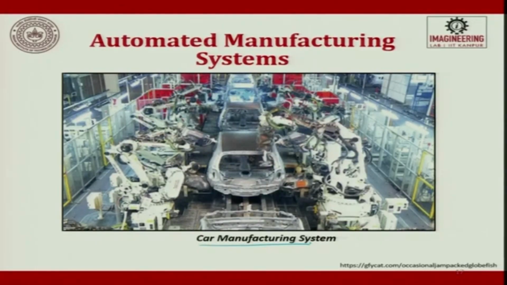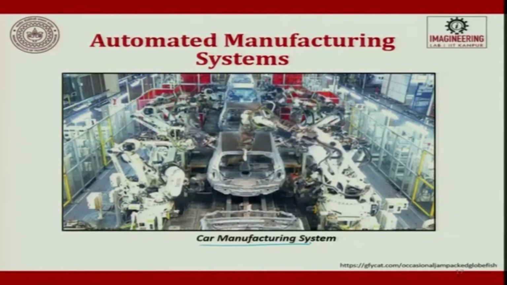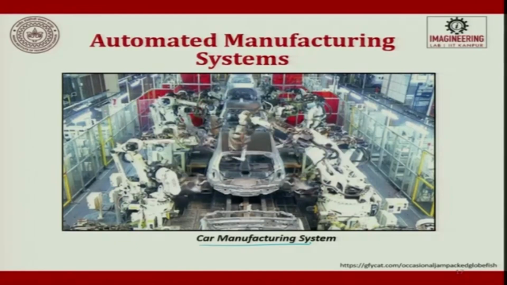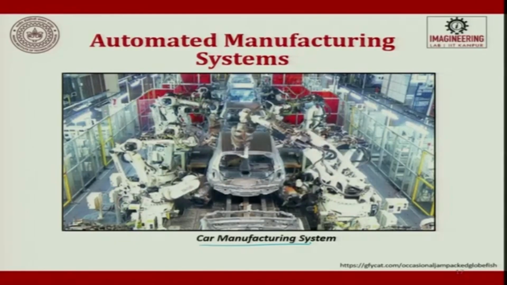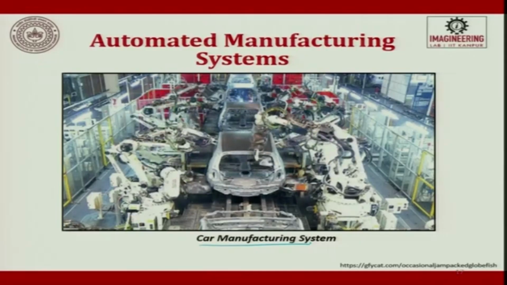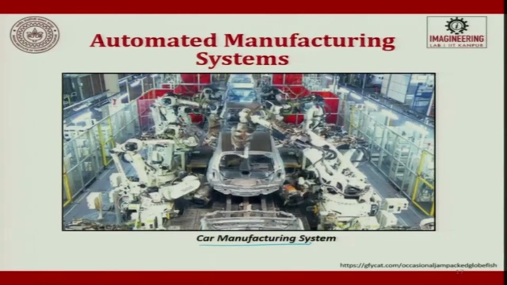So, this is a feel for you wherein this video shows you about a car manufacturing system. Robots are involved, it is completely automated, spot welding process is used, the locations are already predefined, and from car to car you can have variation. The complete assembly is done without manual intervention. This talks about automated manufacturing system.